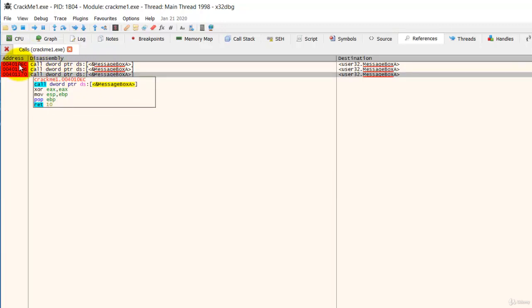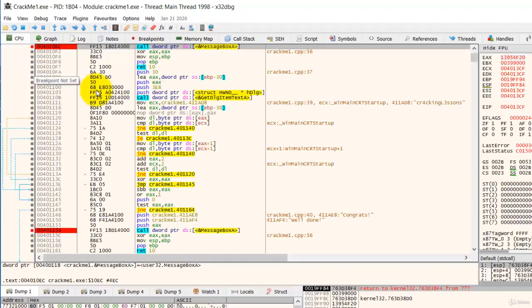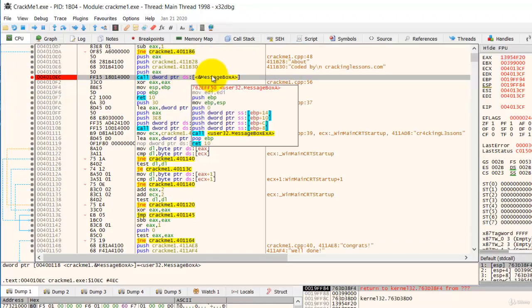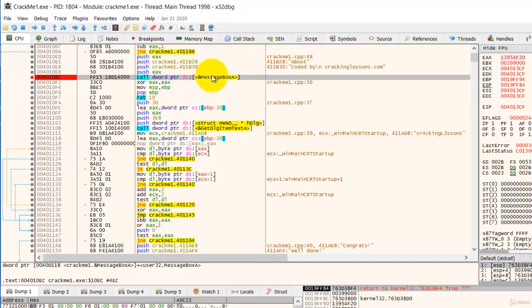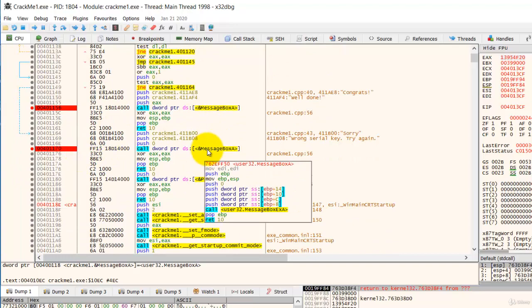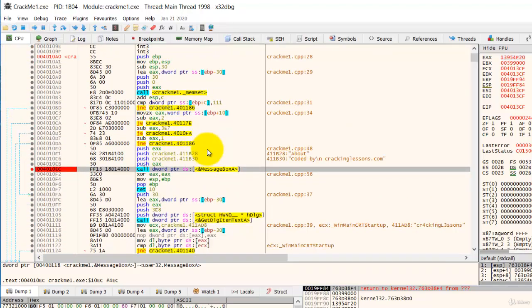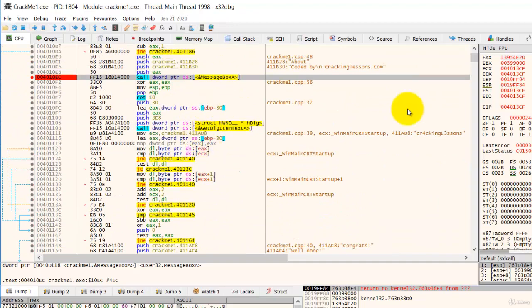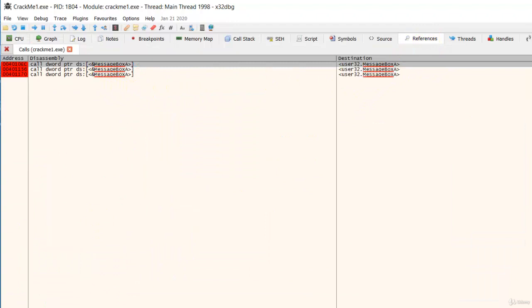You can double click on the first one and see that the first breakpoint has been set for the first MessageBox intermodular call. And the second breakpoint is here, and the third breakpoint is here. Like that. So this is how we can search for intermodular calls, narrow down the list and then put